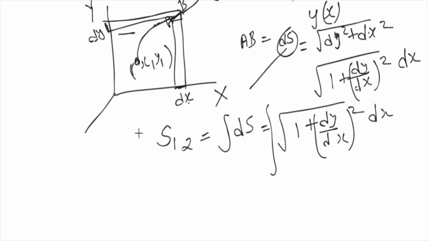So we can say here that S12 defines the curve that has the property that its integral along dx of the square root of 1 plus the derivative of the function